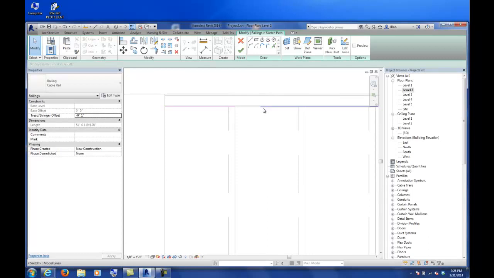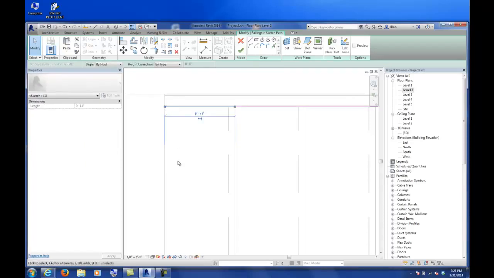And then I'm going to make sure that this other line also joins up with it. And so basically by splitting this line, I can now specify it to do a couple things. Notice what happens. Notice right now you don't see anything in the options bar, which is this green bar here. If I left click on that sketch line, you get a couple options here that identify height correction and then